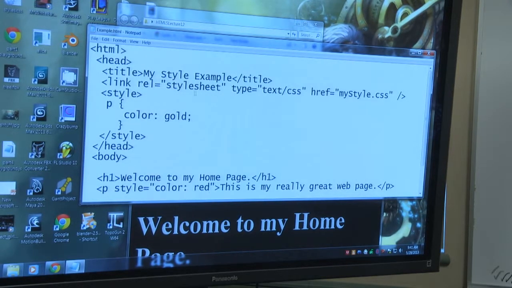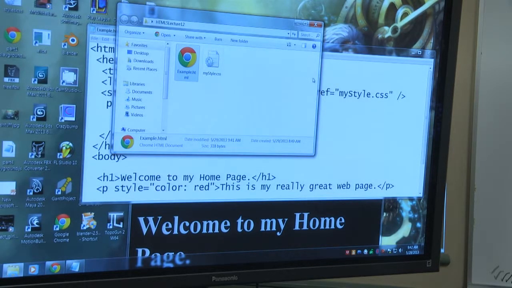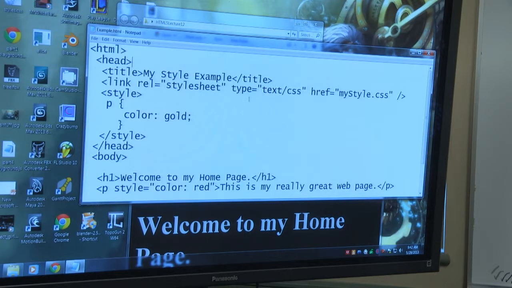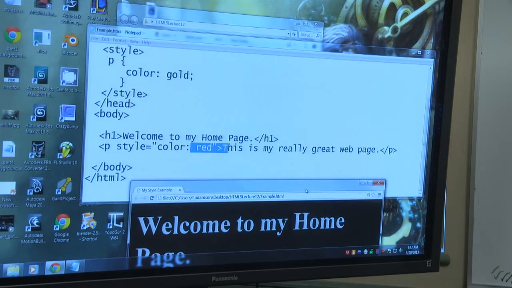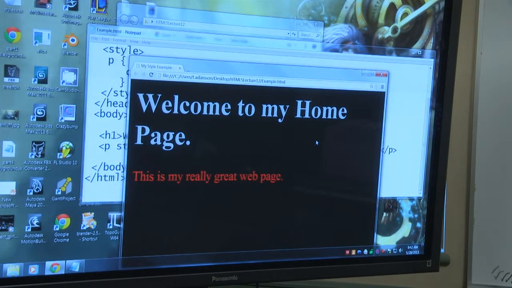I could come back up here to this style sheet, the external one that I had, and what I could do is, remember I had that I wanted everything in here to be silver? Well, it wasn't, because these overrode it. This was a boulder, the internal one, and this was a boulder. And so this is the last boulder that it hit, and therefore that's the last style that it takes. This is my really great web page. Okay, now back here on the board,